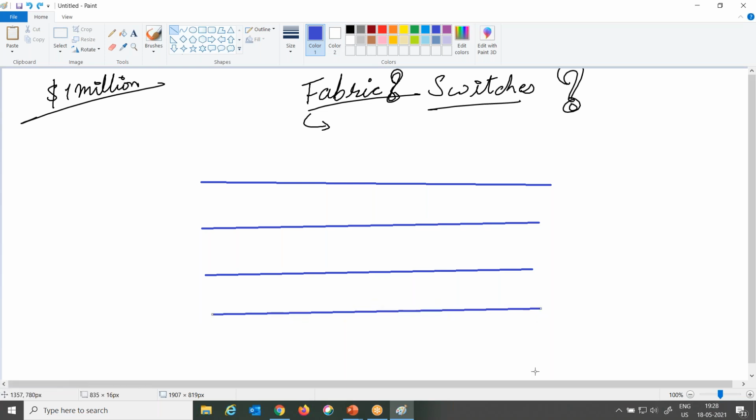I'm just drawing certain lines. Horizontal lines I have drawn, 4 horizontal lines. Now let me draw certain vertical lines. Assuming that these horizontal lines and vertical lines, ultimately, if they are weaved together,